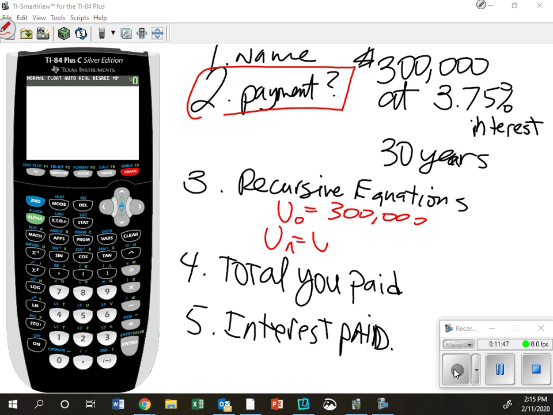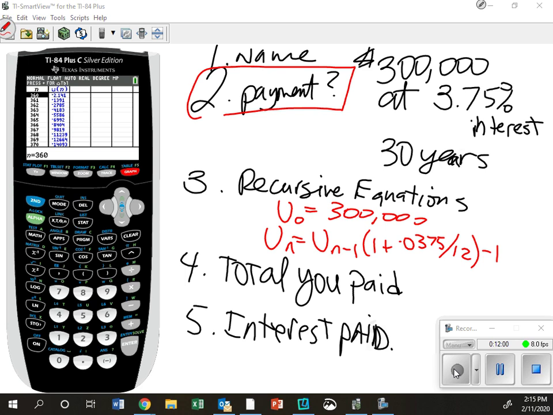U sub n equals U sub n minus 1 times 1 plus 0.0375 divided by 12. Minus 1, I forgot it again. 1389.35. Thank you. And then, I'm not going to mark for this, but how many of you would be able